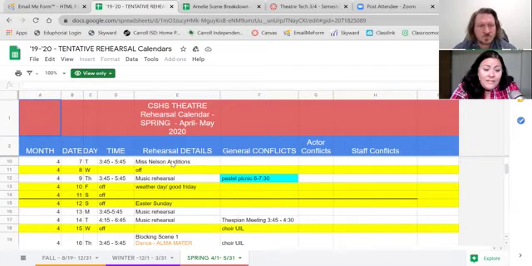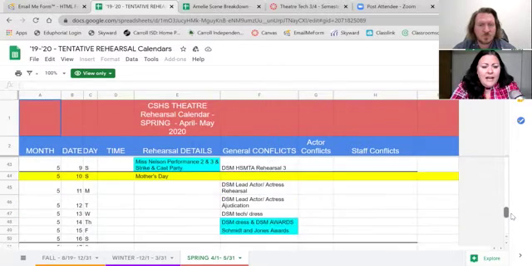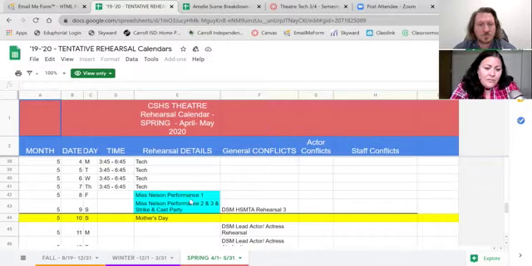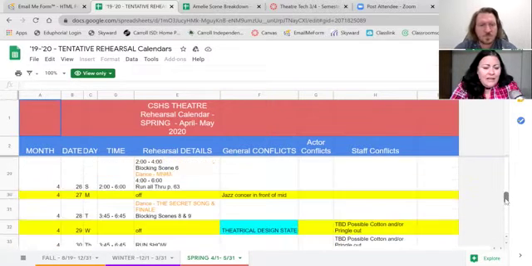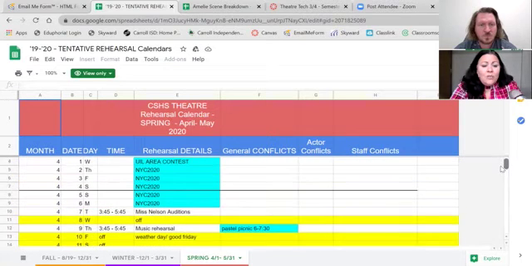so here we have Miss Nelson auditions, and then this schedule went all the way through the show, which opened right here, Miss Nelson performances. So what I would do is I go through and I begin to make decisions on what I want to do each day. And we call people based on if they're needed that day. We don't just do all calls very often.